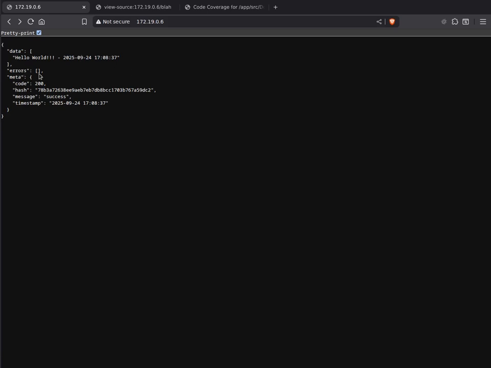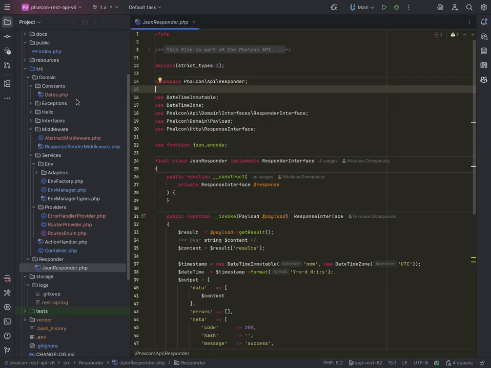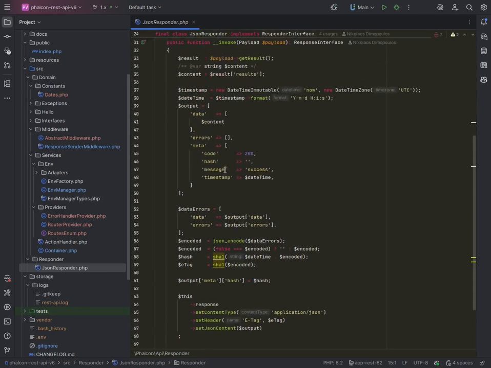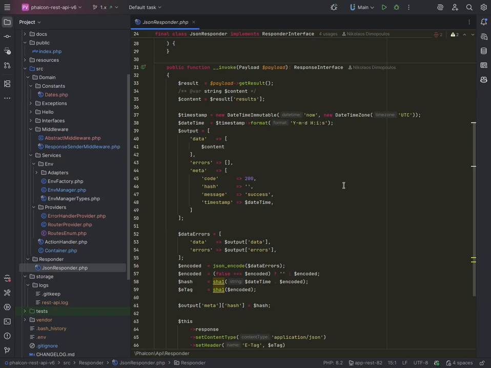It will be an errors node that will contain one or more errors if errors existed: code, hash, message, and timestamp. And the class that is responsible for doing this is this invoke here. It does all this, but